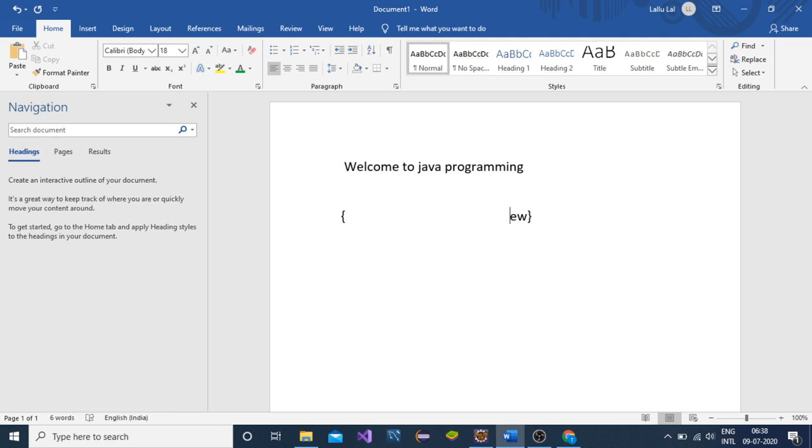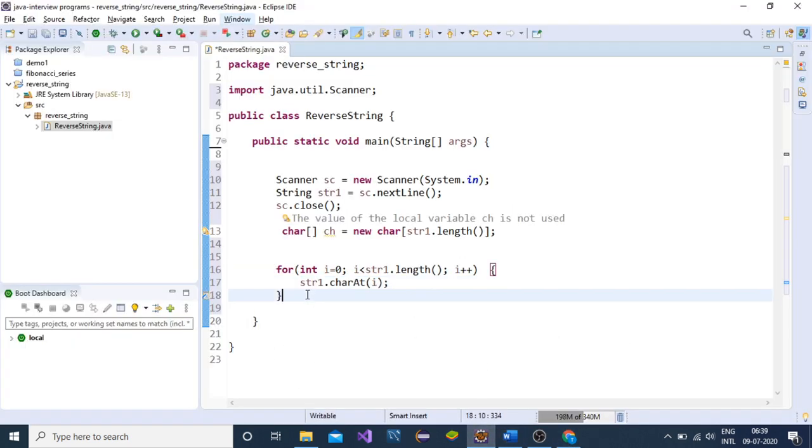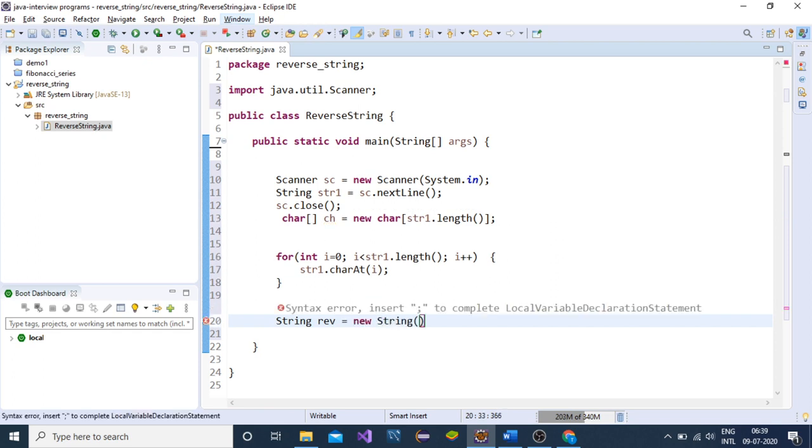So automatically it will be stored in the reverse order in the char array, and again we will create a string, another string, that is rev, new string, and we will pass this char array as an argument of the string.